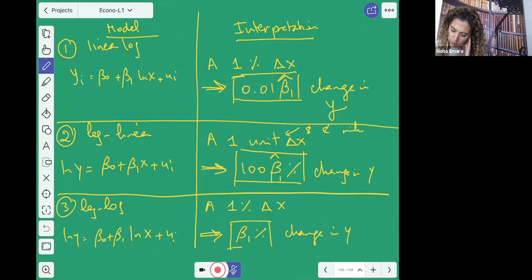That's it. So I think it's clear now, and I hope you don't have any confusion about the interpretation of these models. All right. Okay, let's do next. So what we have next